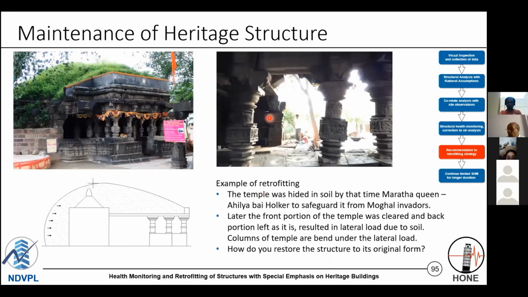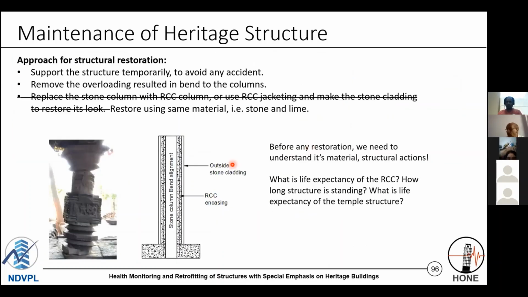Here is one example I discussed previously with you, the tilting of the columns. Typically, modern structural engineers are inclined to put caging, reinforcement caging, around such masonry columns, and gunniting. This is what people are doing. But tell me, what is the durability of this RCC? If you use steel, the durability is not more than 25, 30, 40 years max. If you are using pure concrete, it may be more. But with corrosion of steel, certainly the durability is very limited.